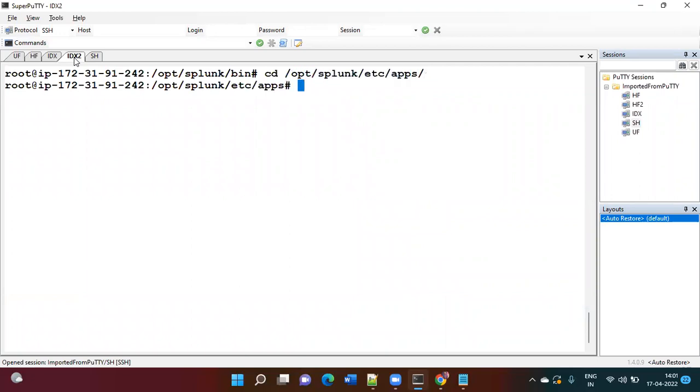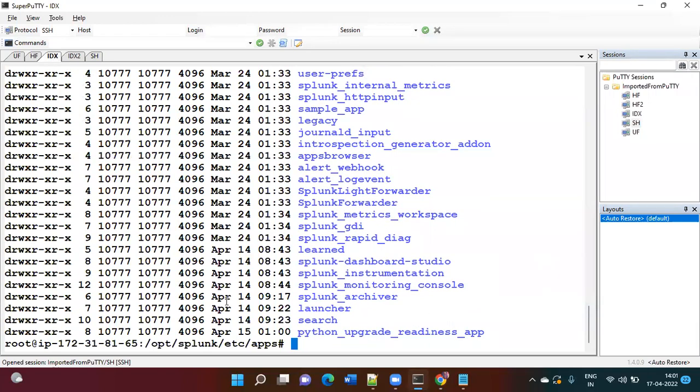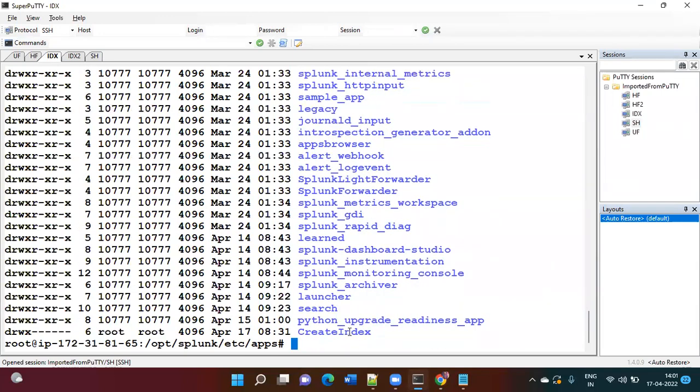etc/apps. Yeah. So in indexer 2, we have got it. Did you get that? It takes some time. Don't worry. In indexer 2, we have got it. Let me check in indexer 1. In indexer 1, it is still not showing. So yeah, now see, it's showing. Earlier it was not showing, now it is showing. So if I go inside,